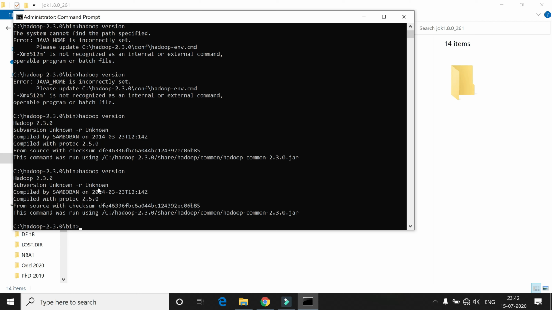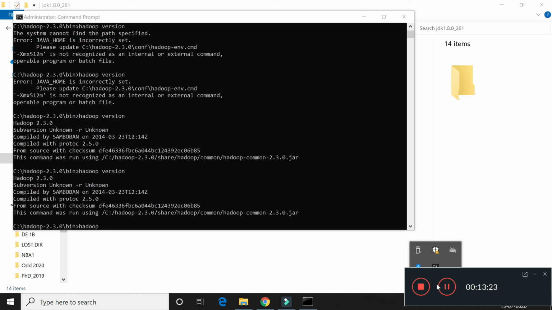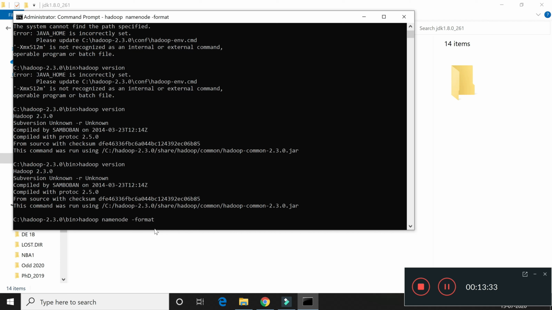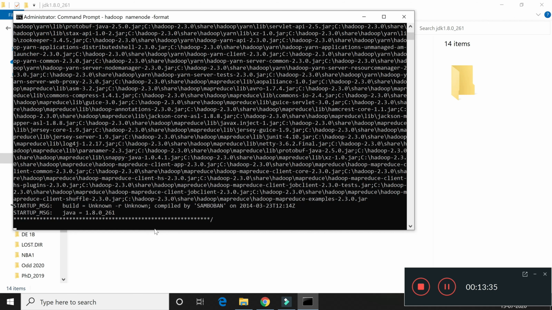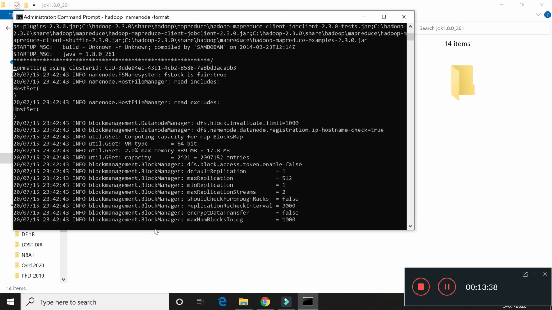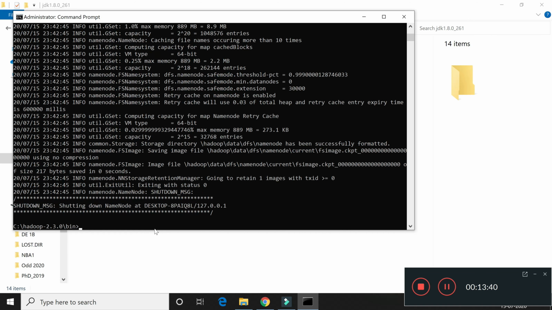Now enter the next command, hadoop namenode hyphen format. It will run a particular set of commands for some time. You can see a number of executions happen, and then it will stop.